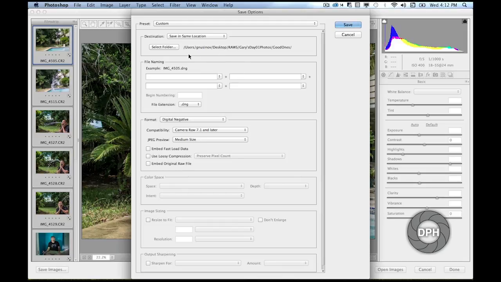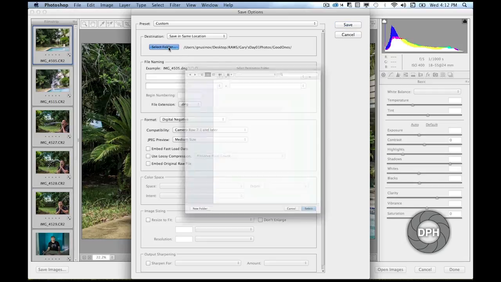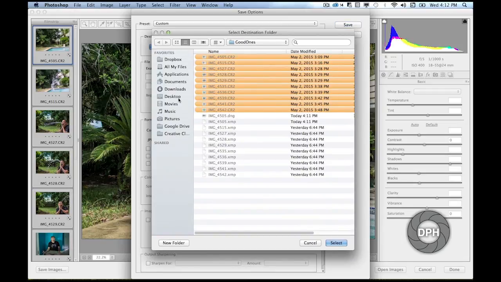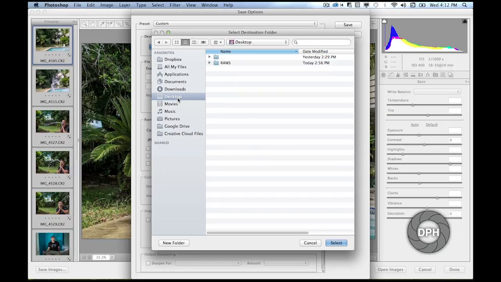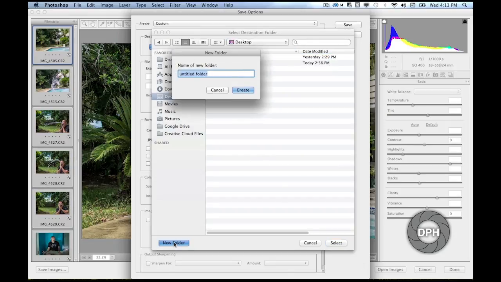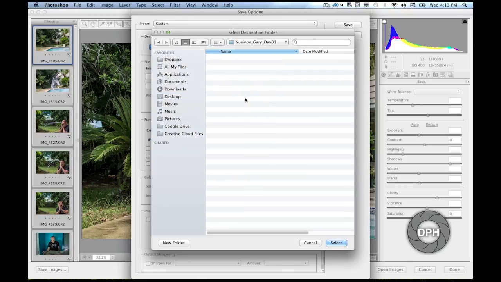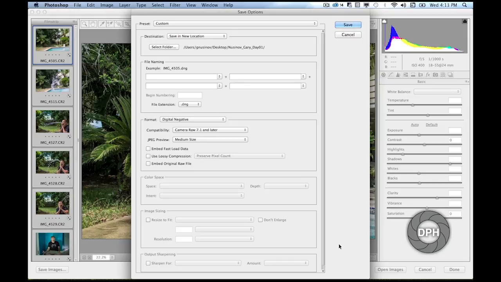Under Destination, click the Select Folder button. Navigate to your DPH class folder or anywhere else on your computer that you'd like to save your completed images. Next, click the New Folder button and name the folder your last name, _ first name, _ and the name of the assignment that you're editing. At this point, that should be Day 1. Click Create and then Select so that the folder and its path show up in the Save Options dialog box